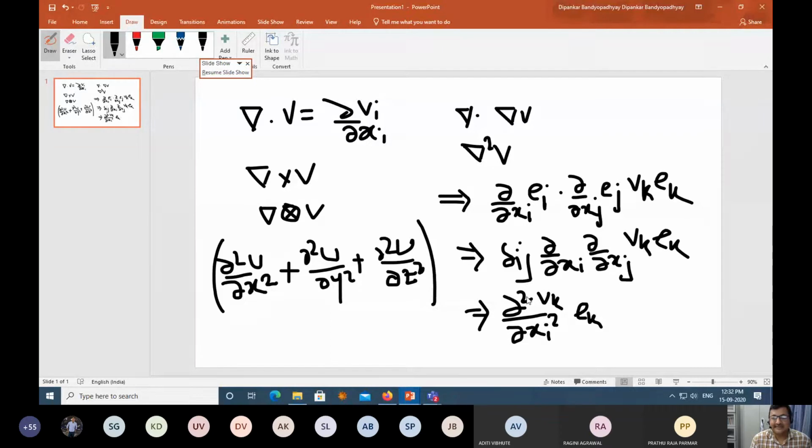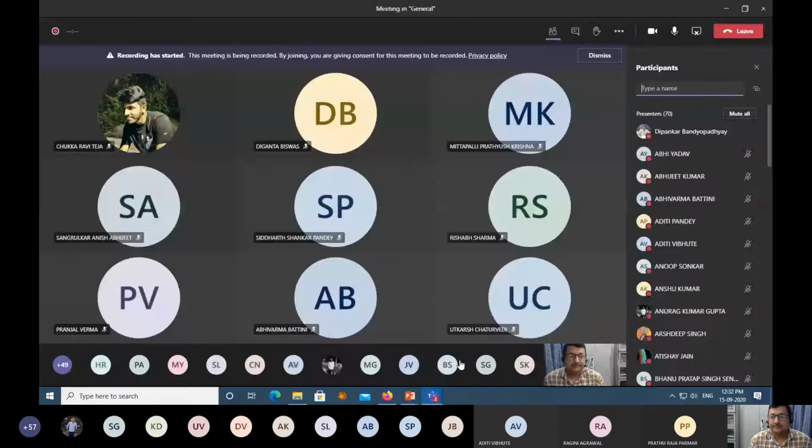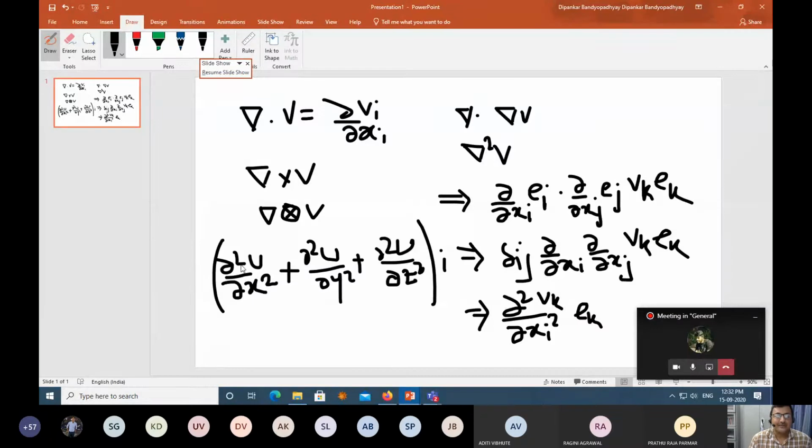And then I have what? Then I have what? e_k means e1. That means this is the ith component. So this will be my ith component. What will be my jth component? Del v del x square, del v del y square, del v del z square, j. And then what will be my w component? Del w del x square, del w del y square, del w del z square, k. So in that process, you may see there are i, j, k components. There are three different components associated with